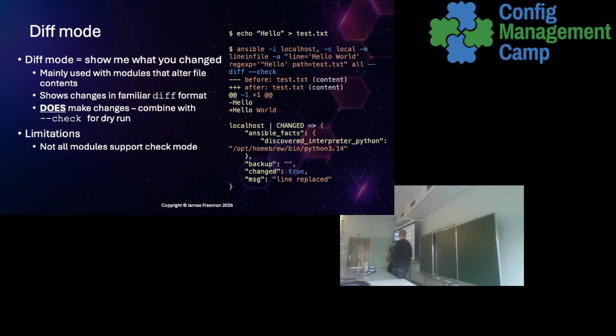And diff mode, I only discovered that it had this recently. I don't know if anybody else was aware, but this is like check mode, but it shows you the differences it's going to make. But there's an important point that I learned, particularly when I played with this for the first time. It's not like check mode in that it doesn't do a dry run by default. It makes changes, but it shows you the diff as it makes the changes. So you have to combine it with minus check. But what this does is, like this, you can see it will actually show you what changes it's going to make to a text file. So really, really powerful tool for seeing what's going to happen as opposed to just crossing your fingers.